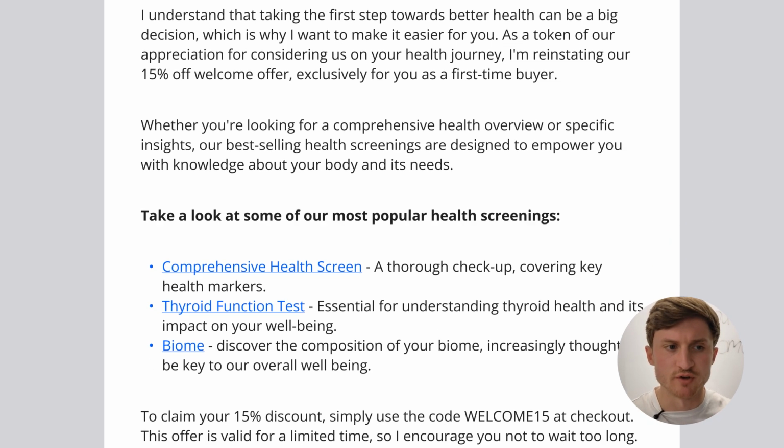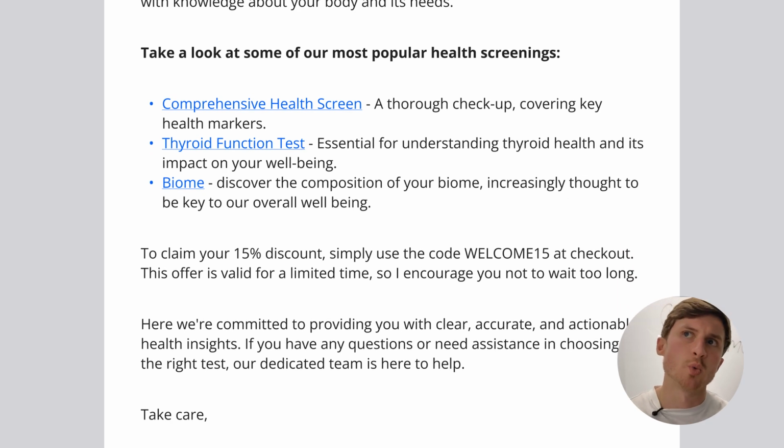And then we featured a few of the best sellers. I think that we actually split tested this with these 3 versus just the top one here. And I think the email that just had the one option actually converted a lot better. But yeah, this is an example of what you can put into that welcome flow so that by the end